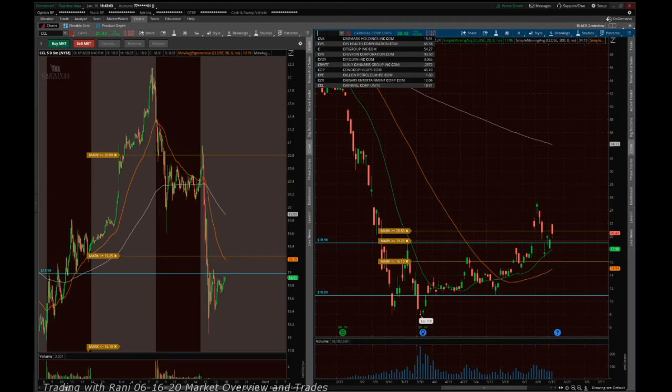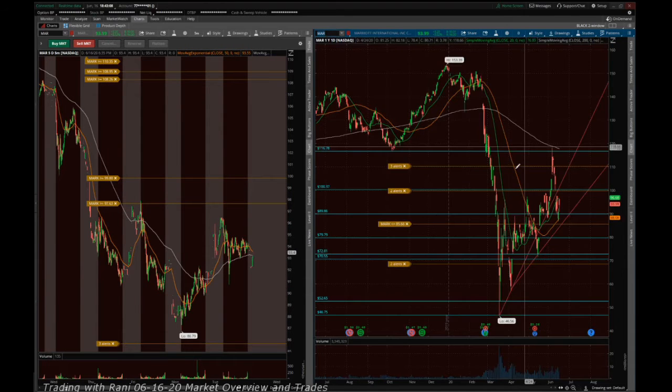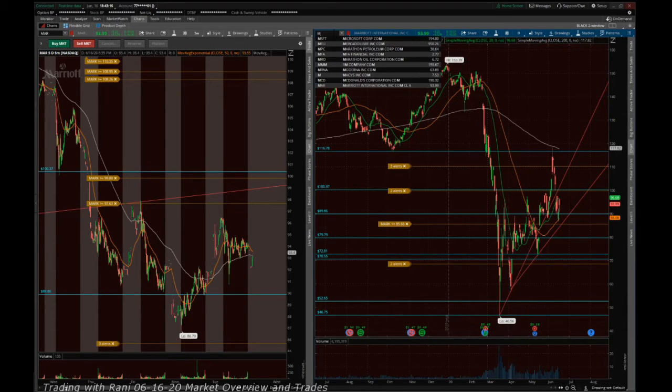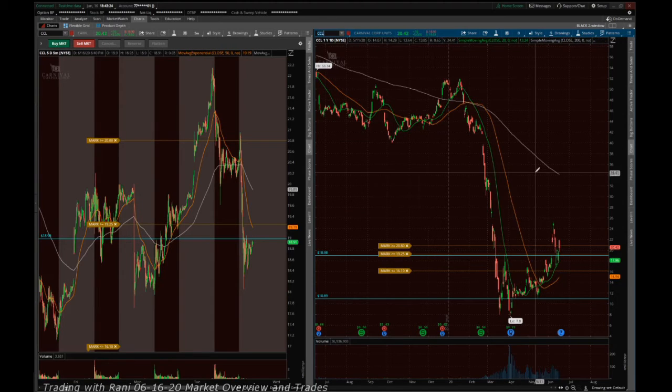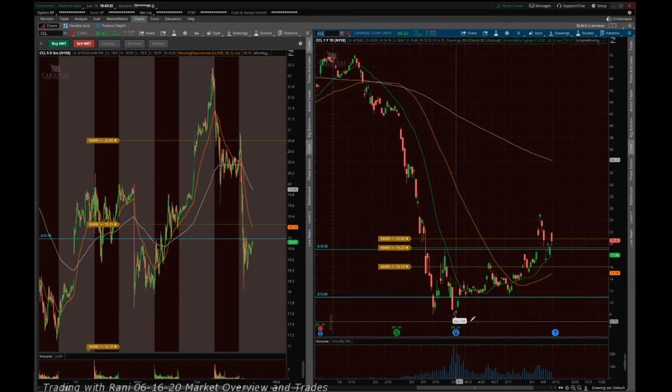Because if you look at a stock, for example, like Marriott, you see it recovered quite a bit and then has kind of come down from there. A lot of the travel stocks look like Marriott, where they had a really big ramp up off of the bottom. But the cruise lines didn't really recover so much because it's still kind of a hard thing to imagine given all the news that happened around COVID with cruise ships. I can't imagine cruise ships being super packed anytime soon. So I did short it